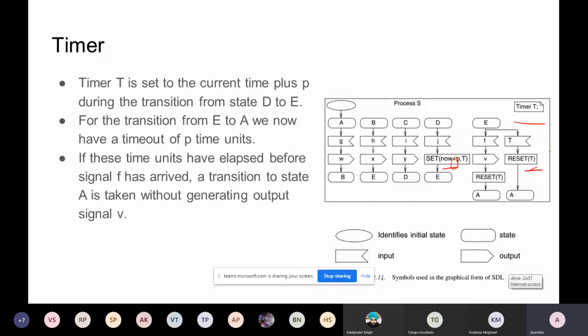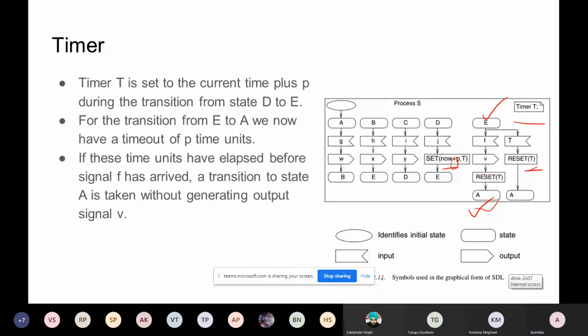So you can see in this example what happens when you are incorporating some timer related transition conditions. From this E to A transition, you remember there are two conditions here that we have defined in a different way. Either it may happen that in the E to A transition, there is some input F that will set some action, output V. Then it will reset some clock and then it will go to A.